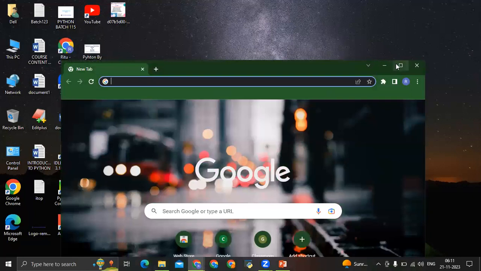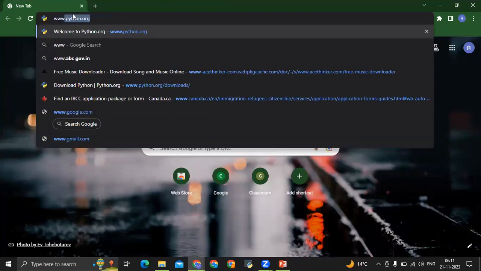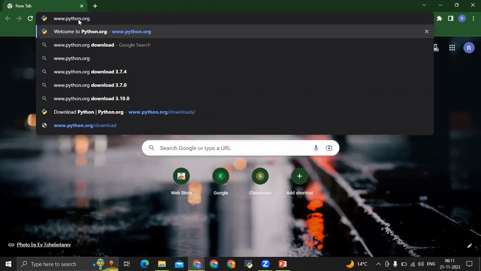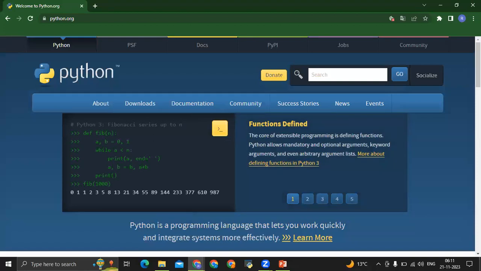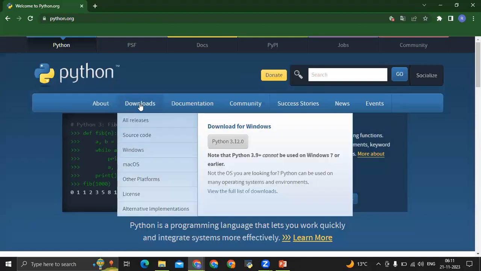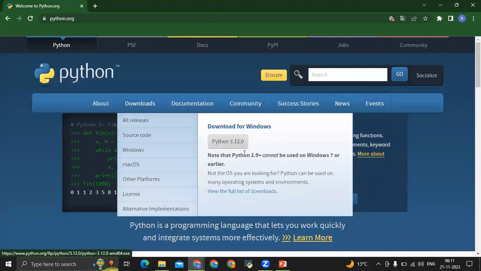Now, here you need to go ahead with www.python.org, which is the official website. Just go through it. And here in the downloads, you'll get the screen like this. In the downloads, you need to download